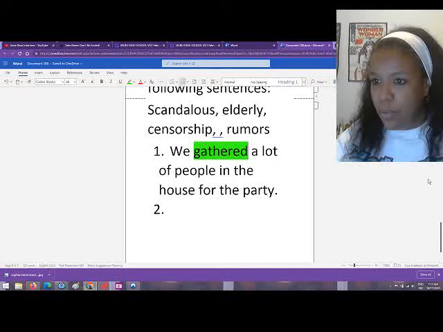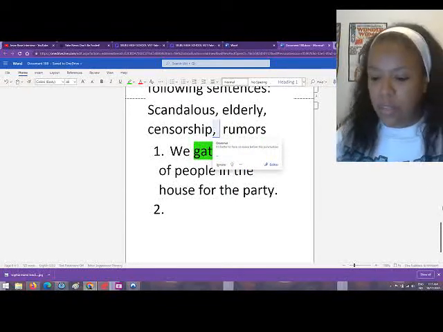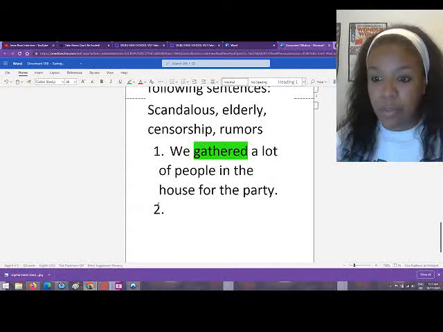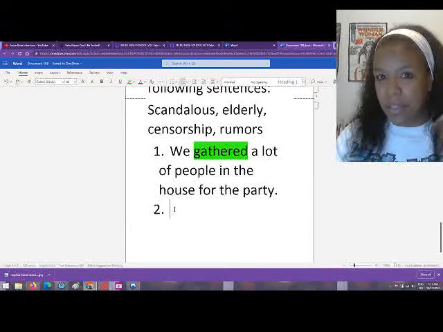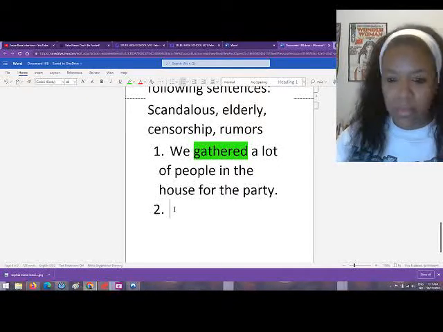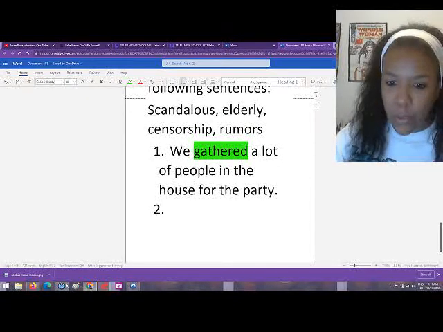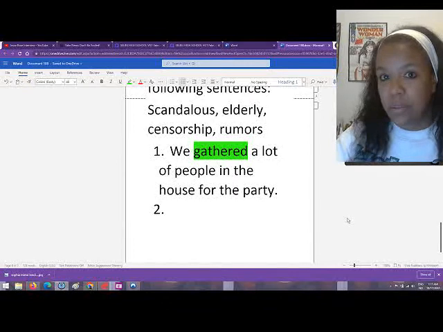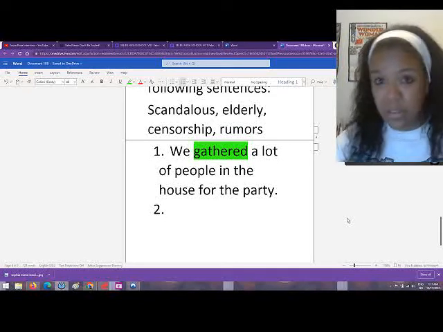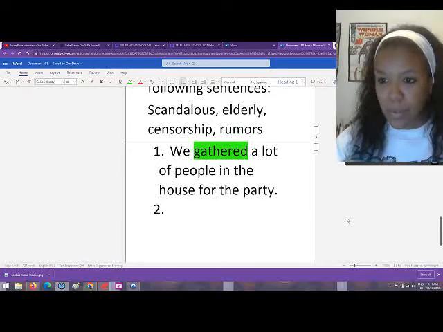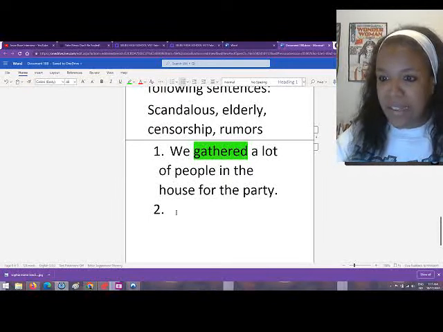So now what happens is, if you cross out the words that you have already used in this type of exercise, you will get through it way more easily than you would if you didn't. Because once you cross them out, then you know it's already been used and you move on to the next one. Okay, the next sentence is,